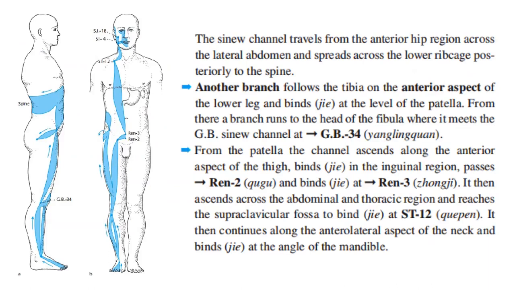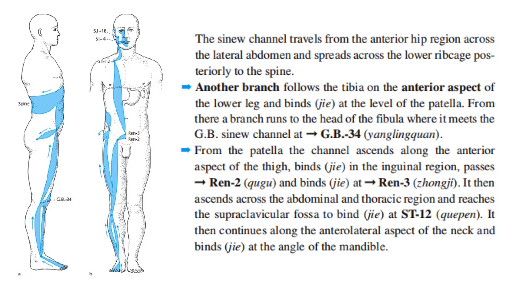Another branch follows the tibia on the anterior aspect of the lower leg and binds at the level of the patella. From there, a branch runs to the head of the fibula, where it meets the GB sinew channel at GB34. From the patella, the channel ascends along the anterior aspect of the thigh, binds in the inguinal region, passes REN2,